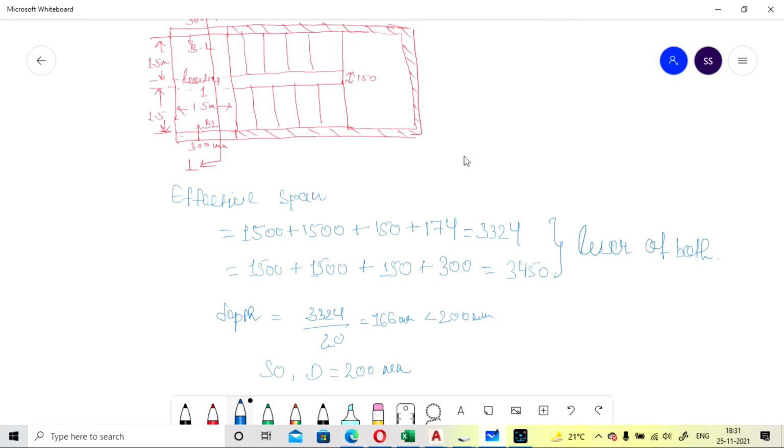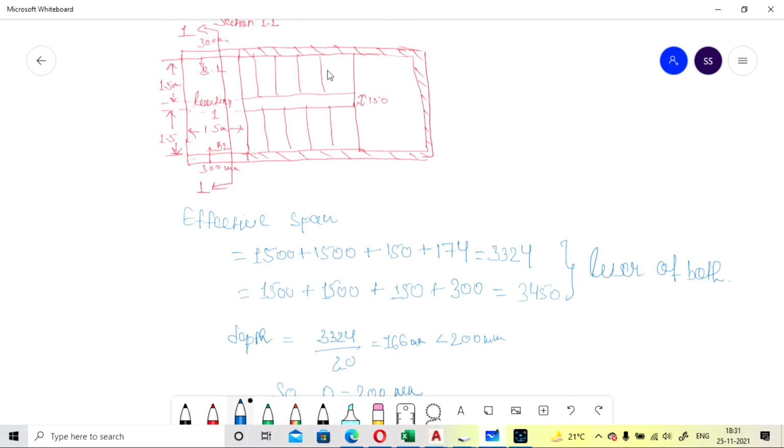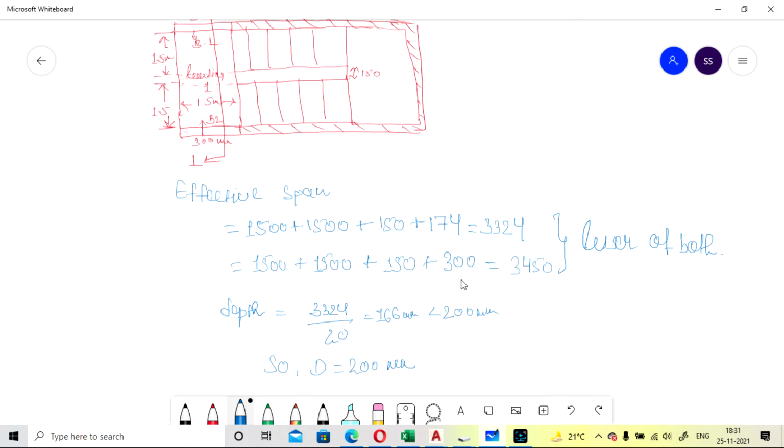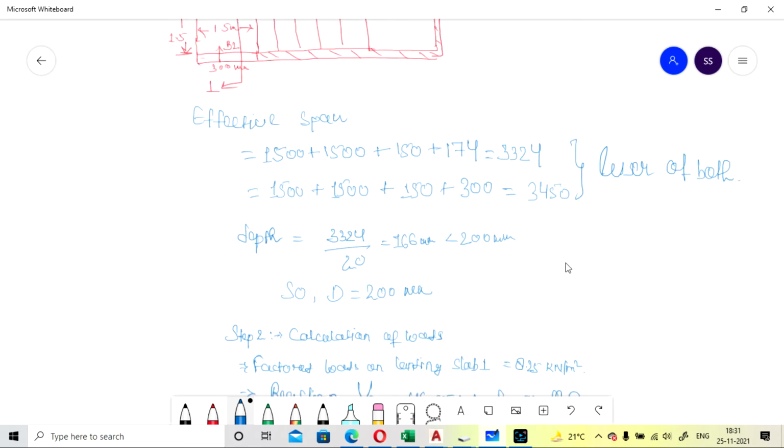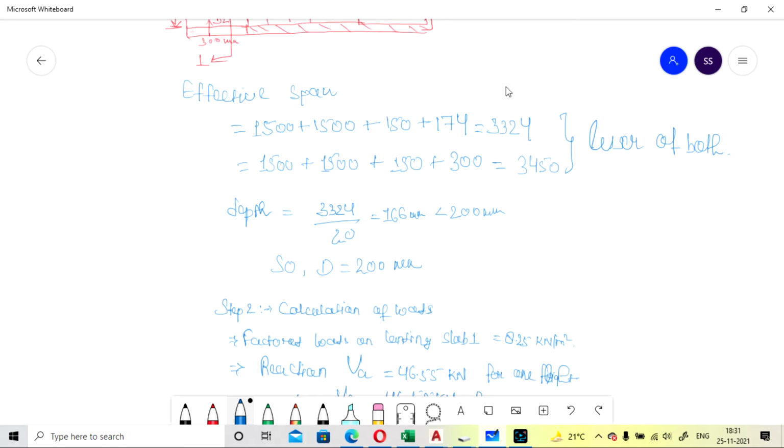So it will come as 3324. Now we also consider 1500 plus 1500 plus 150 plus the center of both beams, that is 300 divided by 2, 300 divided by 2, so total 300. It will come as 3450. We consider the lesser of both values, so for the effective span we take 3.324.